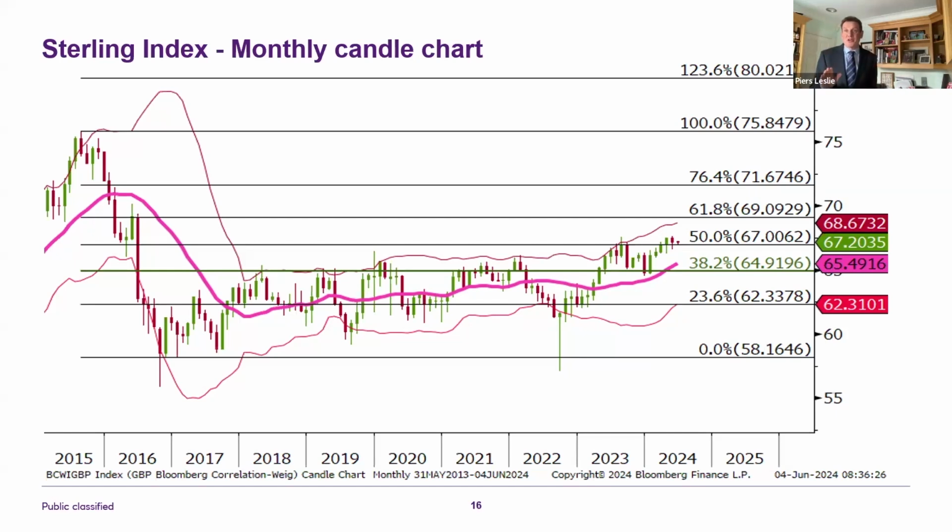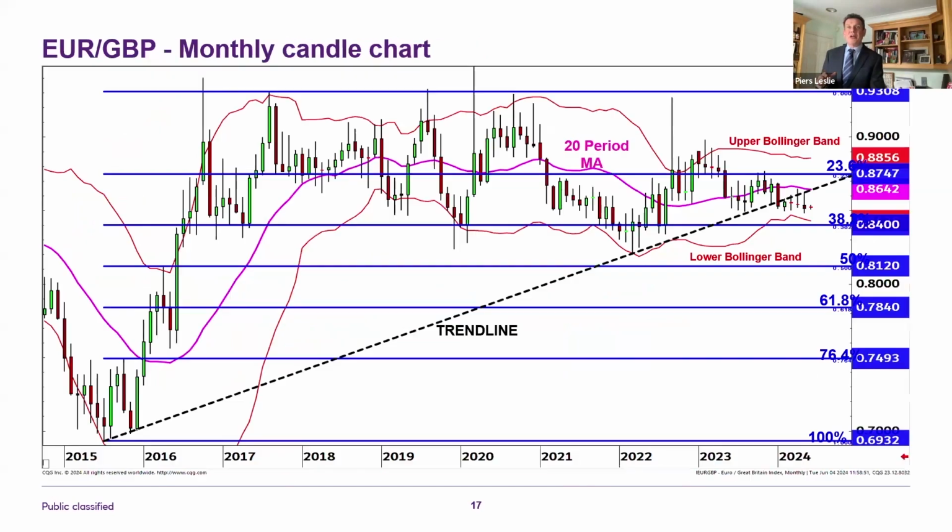So for the sterling index, I'd still use maybe the 67 area like a pivot. If it starts to go below 67, sterling's starting to weaken, maybe a bit of a sign of weakness. If it can hold above 67, sterling's holding its own, with the stronger support around 65 and the stronger resistance up at 69. So let's see, how does that play into the actual currencies?